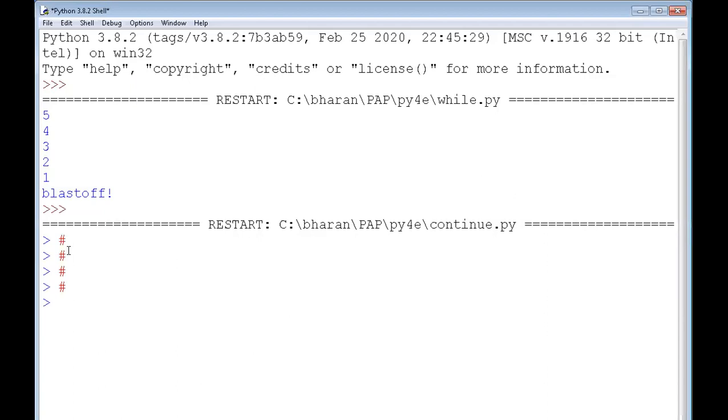Once the computations are over, once the user types done, you can see here the while loop stops executing, it breaks the loop and it prints done. So this is the execution of break and continue. When the user types hash, it continues. When the user types done, it breaks from the while loop and it prints done. So that is the demonstration of the while loop using break and continue.